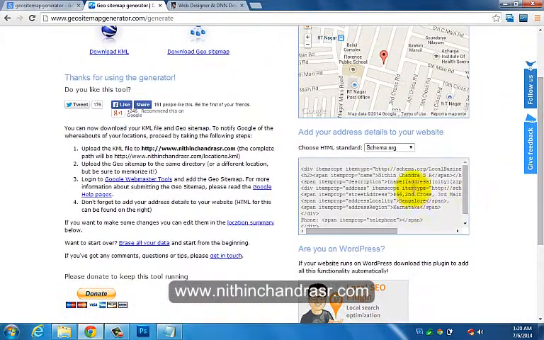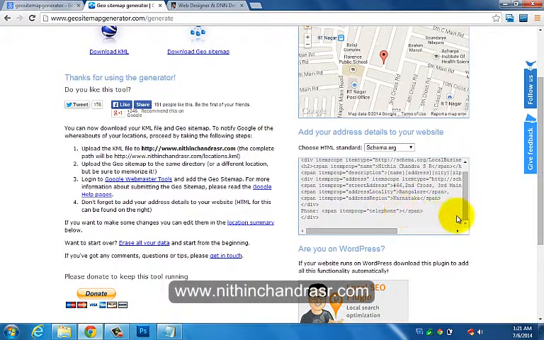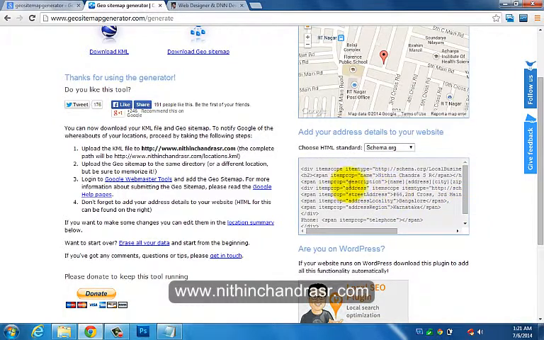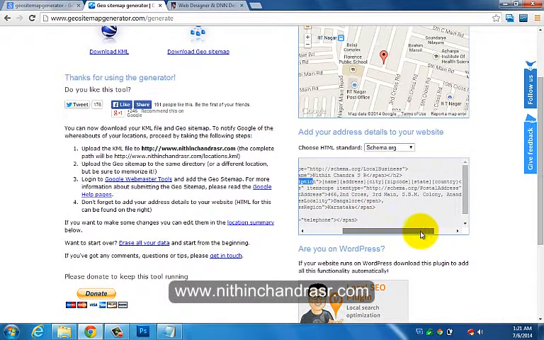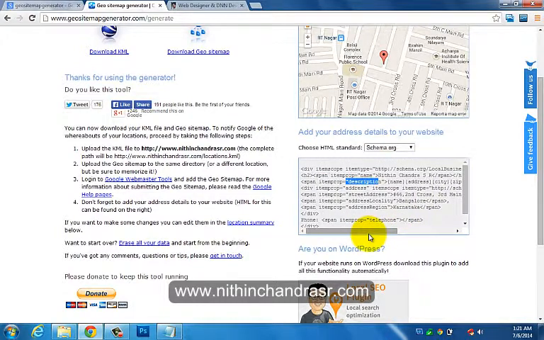And this pane is a schema code which you can place in your HTML page. This also helps on the front end, it will add all the description, address, street address, everything in the schema format. I'll be explaining the schema format in my future videos.